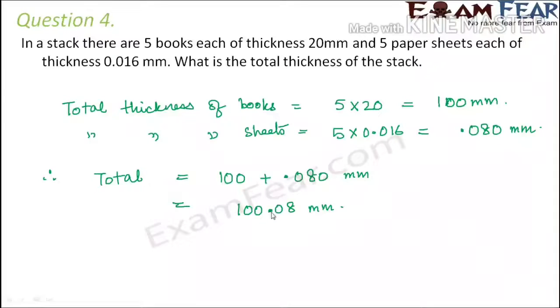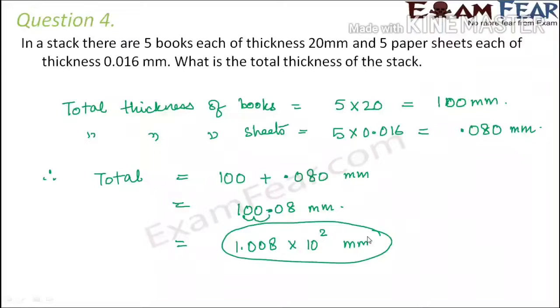Now if I ask you to write it in standard form, how will you write it in standard form? For standard form, the decimal point must be located after such a number so that you get a decimal number between 1 and 10. So you need to shift the decimal point to this place so that you get 1.008, which is a number between 1 and 10, to the power how much? Because this time you are moving towards the left. So whenever you are jumping towards the left, the exponent is always positive, and here you have made 2 jumps, so it would be 10 to the power 2. So this is 1.008 into 10 to the power 2.